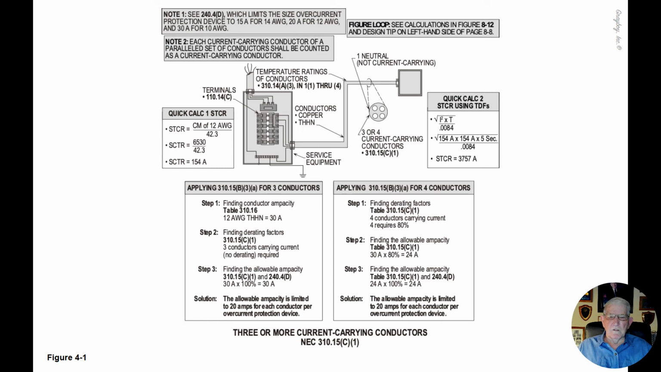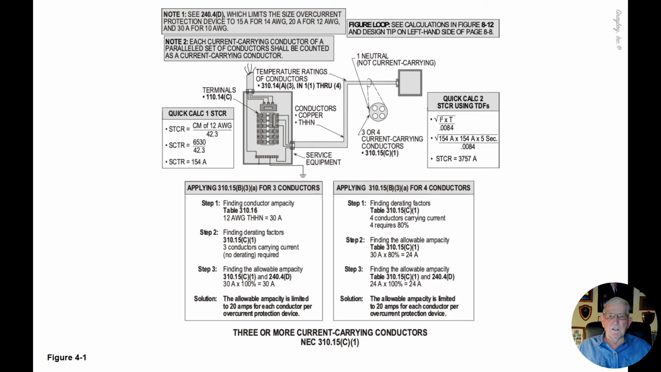Now this illustration deals with 3 or more current carrying conductors in a raceway or cable in accordance with 310.15(C)(1). Before we get into this illustration in more detail, let's review note 1 at the left-hand top side of the illustration. And the note just plainly says